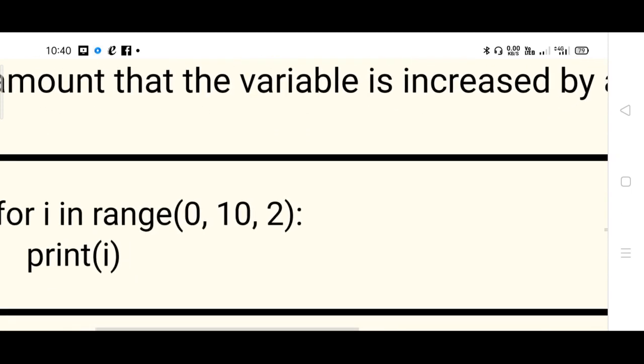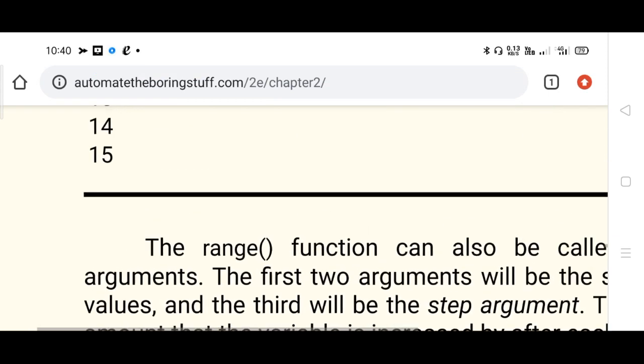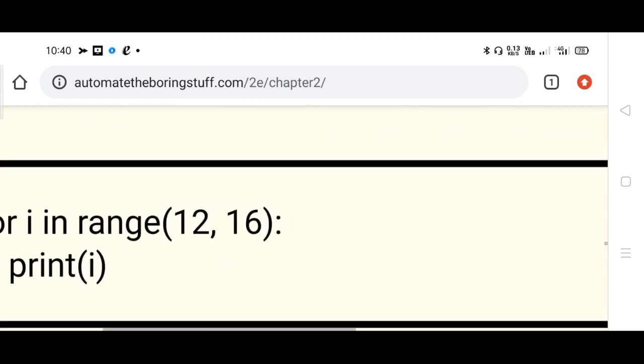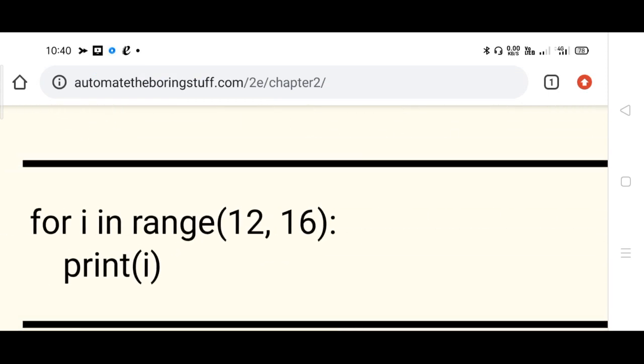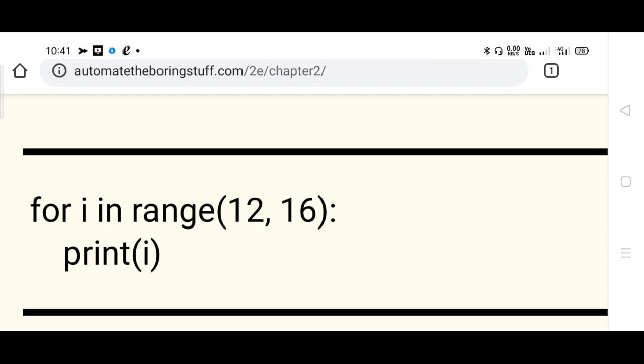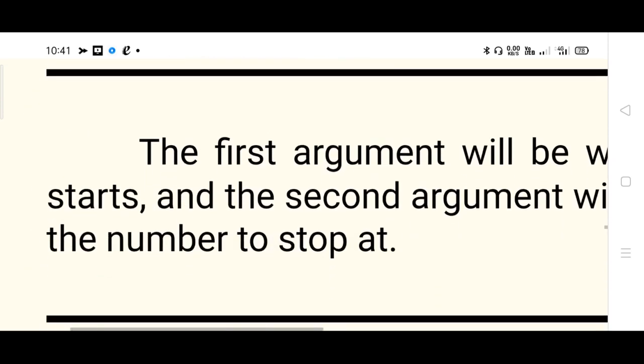Now range is with 3 arguments, and please remember, similar to while as well as the if statement, the for should be terminated with colon, and the body of it should have an indentation. So for the body of for, there is an indentation in the next line which indicates it's the body of for loop. There is a print statement.